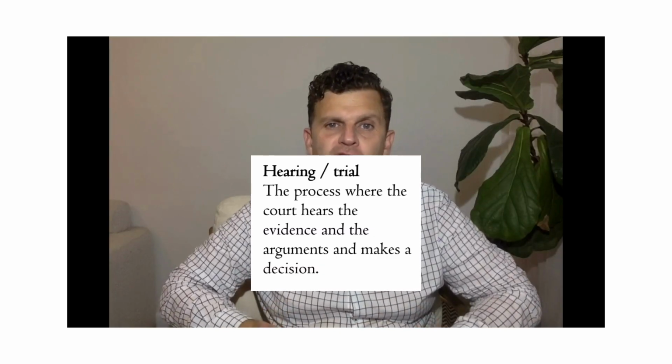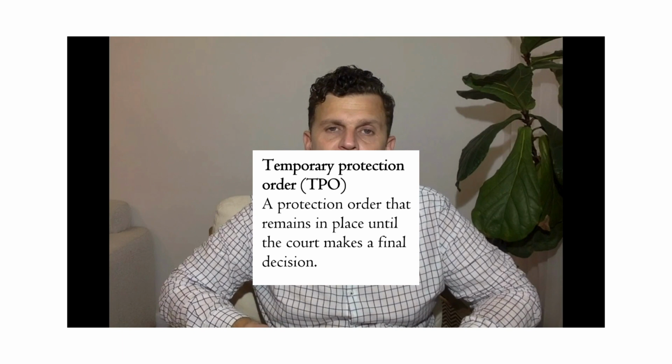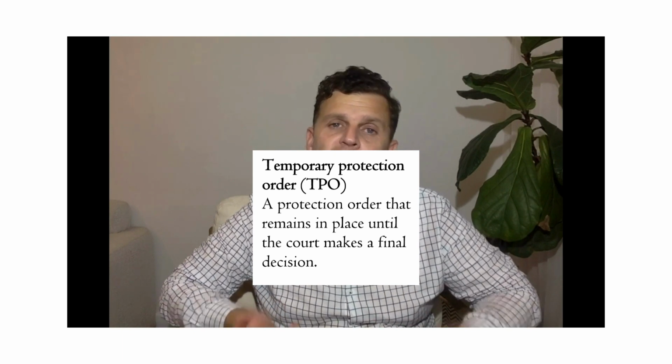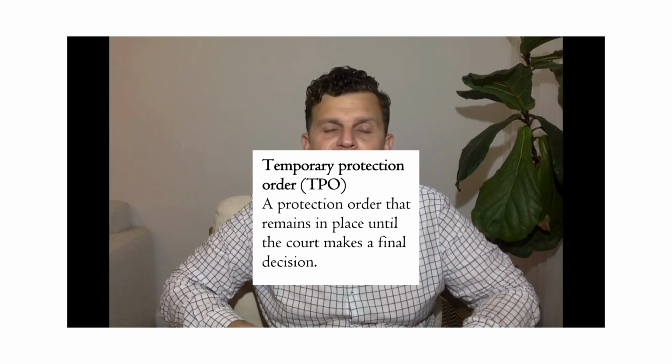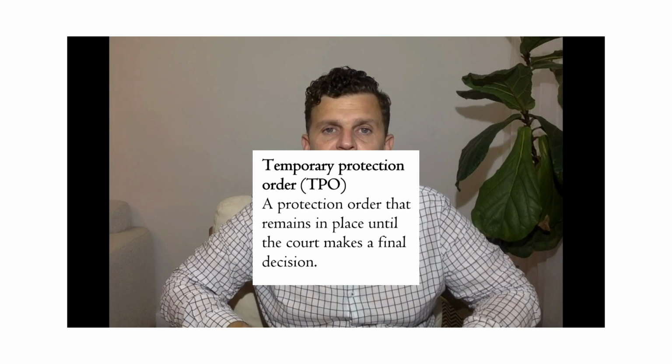If the court is adjourning an application for a domestic violence order, then the court will consider whether to make a temporary protection order. The court can make a temporary protection order if it's satisfied that it's the right kind of relationship such that an order can be made and that domestic violence has been committed against the aggrieved by the respondent. That temporary protection order, or TPO, remains in place until the court makes a final decision about whether to make a final order or not, or somebody makes a variation application.